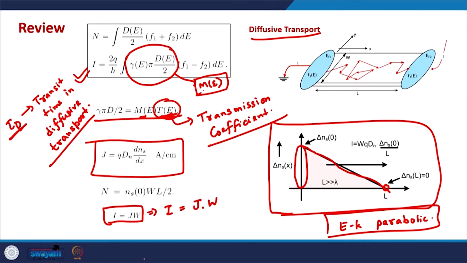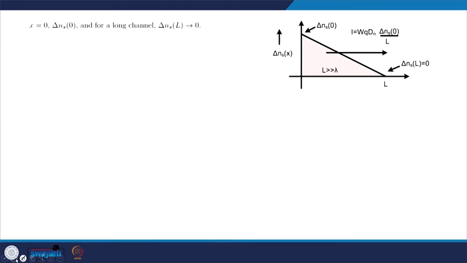And from Fick's law, this turns out to be J is essentially q times D_N dn_s/dx, which turns out to be delta n_s0 by L, times W. And the steady state electronic population is delta n_s0 times W times L by 2 essentially. Okay. So, now we are in a position to directly use